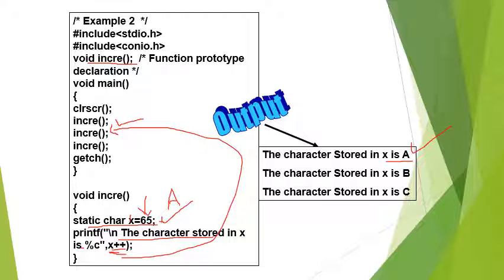Then it will print the character, and 66 means the capital letter B. In the next step, it will return to the main function. Then it will call the next increment of function. Its value is 66 plus 1, incremented to 67. So it will come to the increment of function, then it will print char C. This is a static variable.